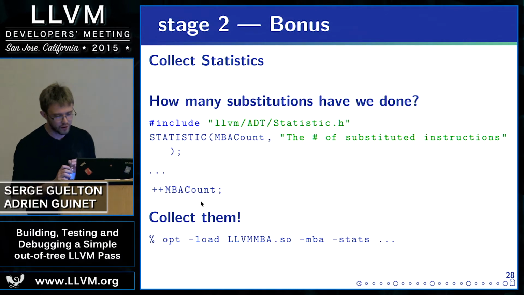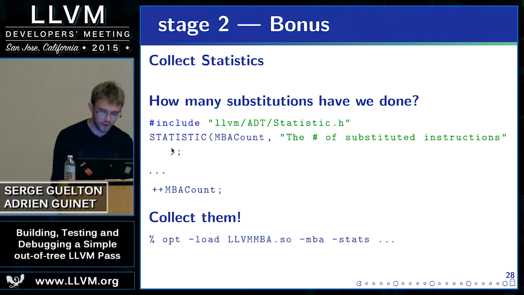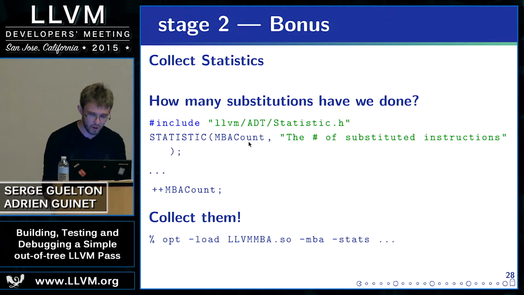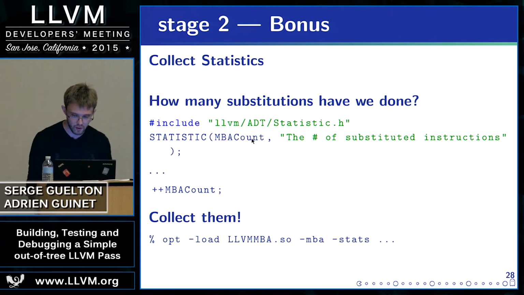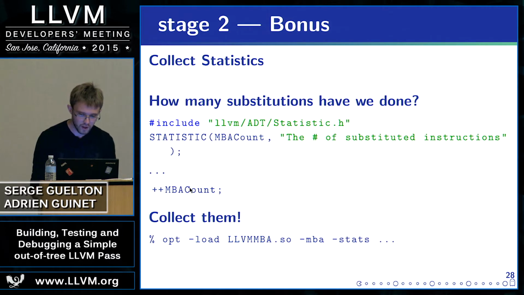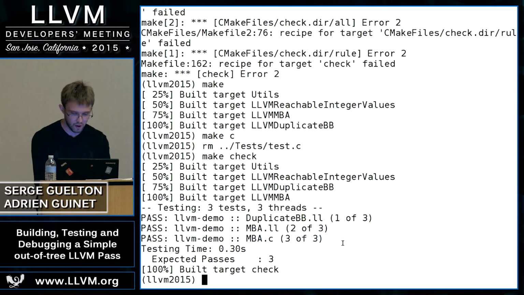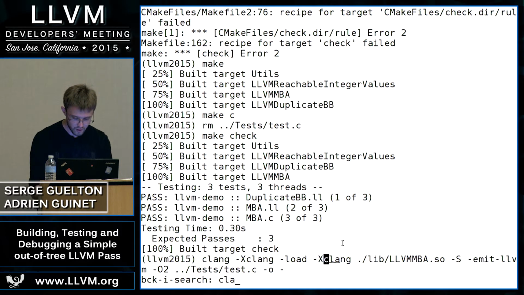Here, for instance, we want to know how many additions we modified. So what we do is we use the statistic macro, which defines a global variable in your CPP file, and the description. Then you just need to increment this variable, and use opt to get the statistics, or within clang. So for instance, here, if I use clang,